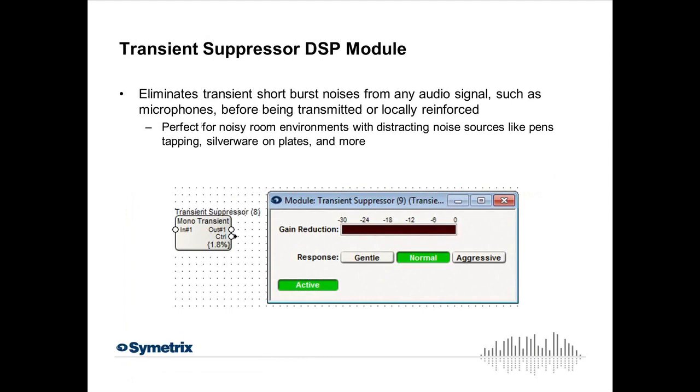We have a new module. It's called the Transient Suppressor DSP module. It's found in the Dynamics modules right along with your gates and AGCs, limiters, and so on. And I mentioned before, it's great for conference rooms with noisy environments, especially where maybe they have lunch and they're talking to the far end and everybody's eating and clanking stuff, and it can be distracting to the far end. You know, tapping pens, somebody tapping their mic a little bit, and most particularly when there's points where the mic's just open and I'm not talking into it,